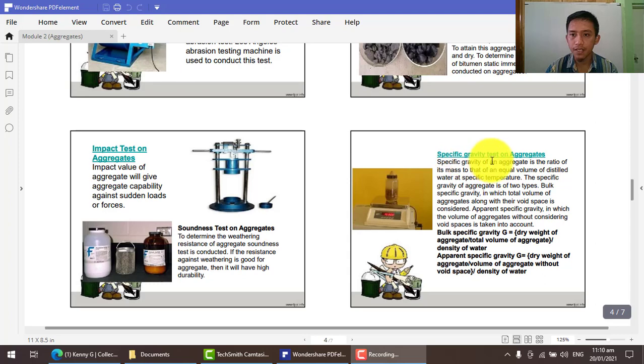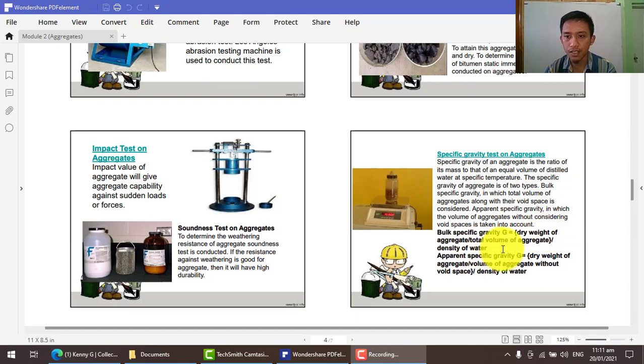For the specific gravity test, what you need here is of course a weighing balance. You had this one before in your physics or in your chemistry. So you've done weighing materials and of course solving the specific gravity of that. So this is the bulk specific gravity. And then we have the apparent specific gravity. If you say bulk specific gravity or simply specific gravity, that is of course the density over the density of